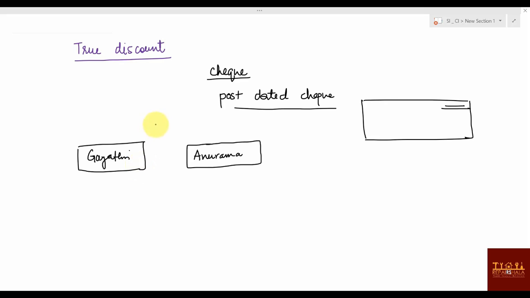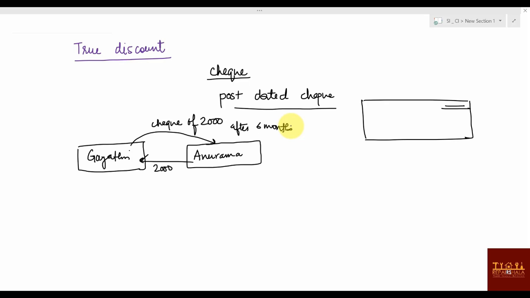So what I'm saying is Gayatri bought something from Anurama. Suppose it's a phone, a 2,000 rupees phone that Gayatri has taken from Anurama. Instead of giving cash, Gayatri has given a check of 2,000 rupees, and that check is for after 6 months. So Gayatri has said that she is giving a 2,000 rupees check and Anurama can take it